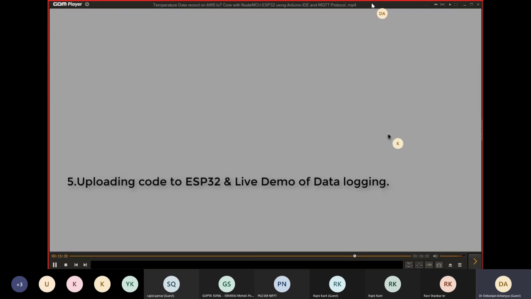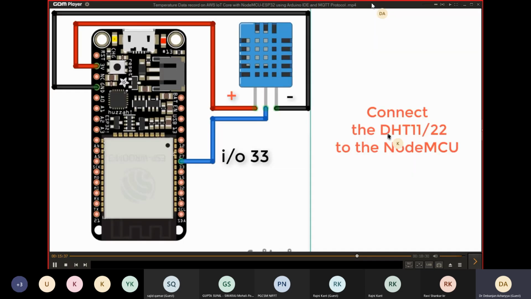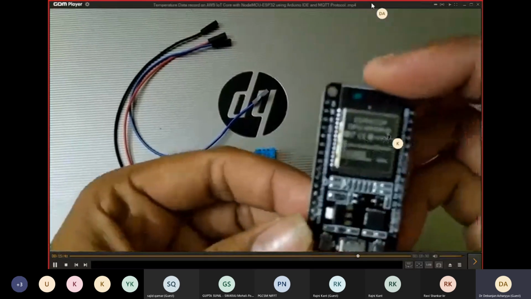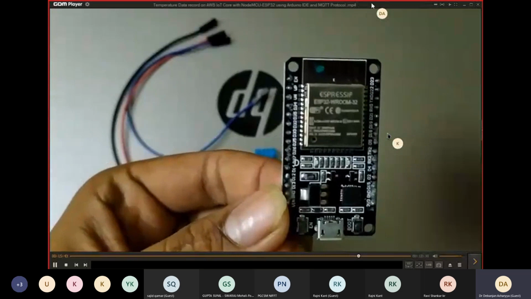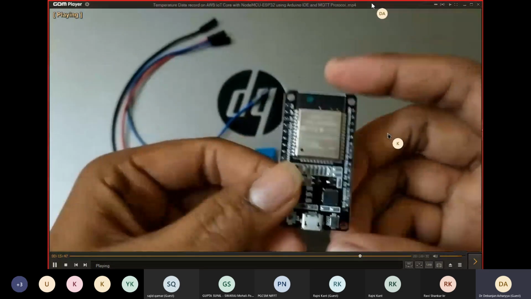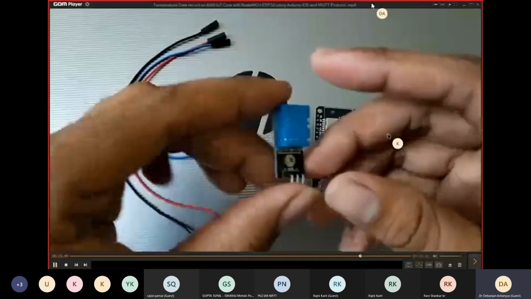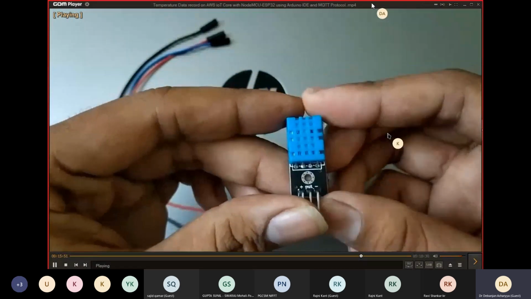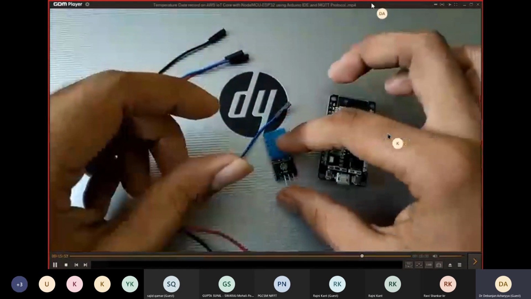Let's move to the final part, that is uploading code to the ESP32 and live demo of data logging. Connect the circuit as shown and connect the data pin to the IO33. And this is the ESP32 which I am going to use. And this is the DHT11 sensor that I am using here.